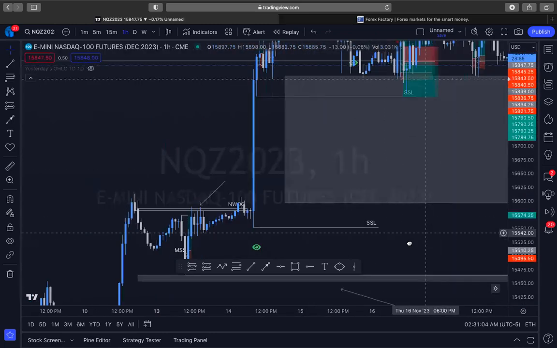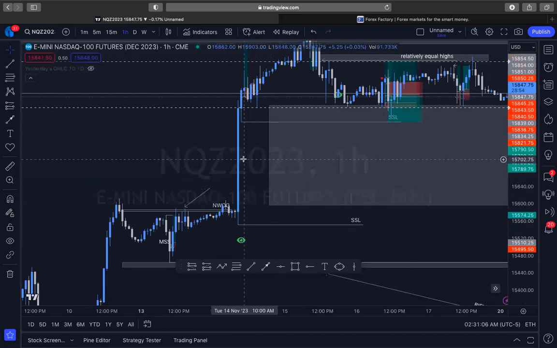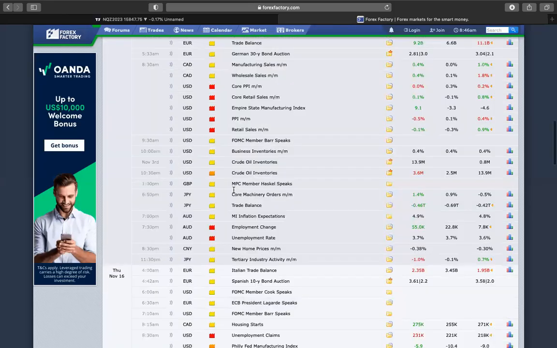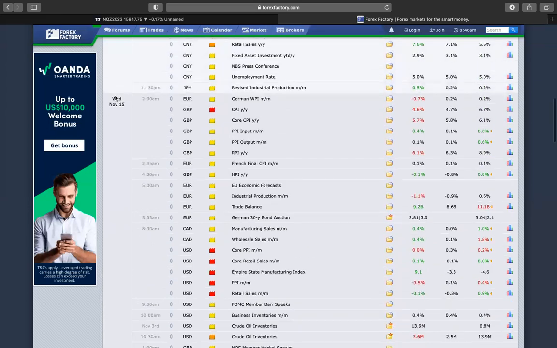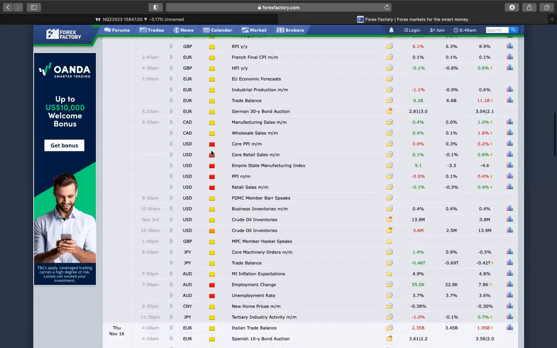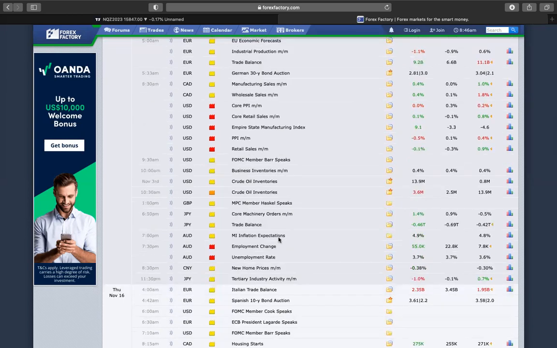Tuesday was very animated. I think we had a high impact news driver, and you can check here. I use Forex Factory for all my news. It gives me the day, it's very easy to look at, and it gives me the time. It gives me what pair is having what type of news: red folders, high news drivers, or yellow folders. I don't really consider yellow folders, but I do like to see what price will do after news and things like that.